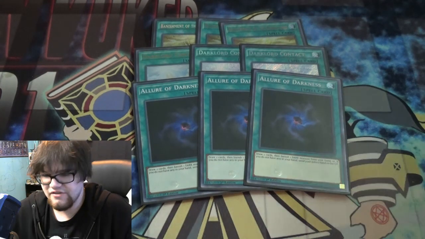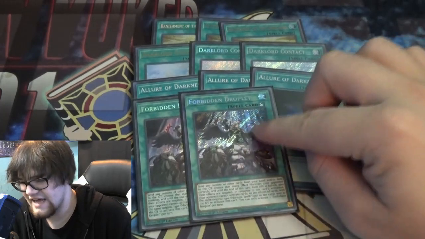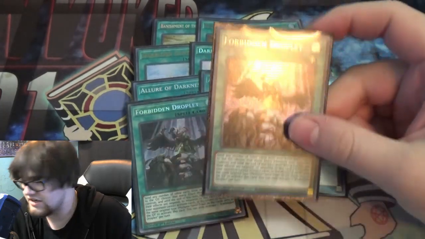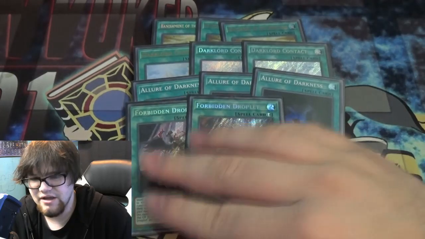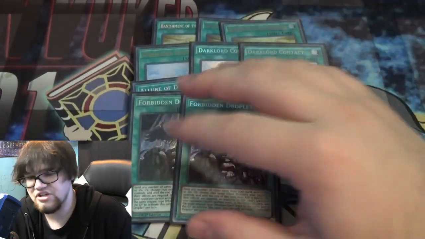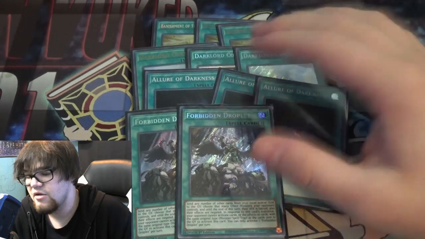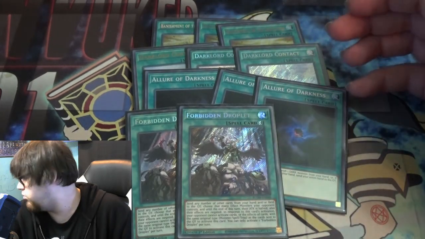Then, another card that's Darklord themed, Forbidden Droplet. Again, there's Nastin, there's Condemned Darklord right there. But Forbidden Droplet, I'm playing 2 of this just because if you want to play Forbidden Chalice, you can just play Chalice over this. I actually think Chalice might be better in this deck, especially with strategies like this where you either want stuff in your hand, but because we can reuse